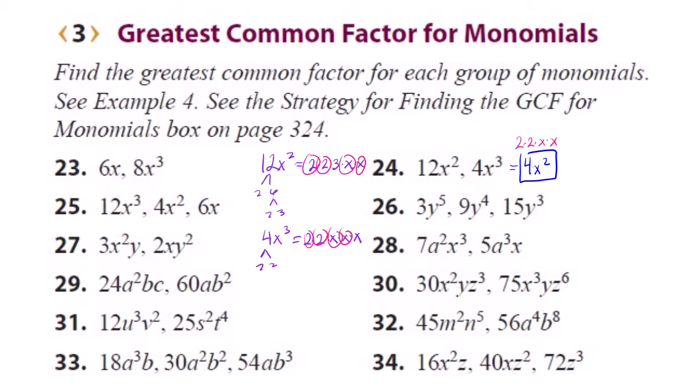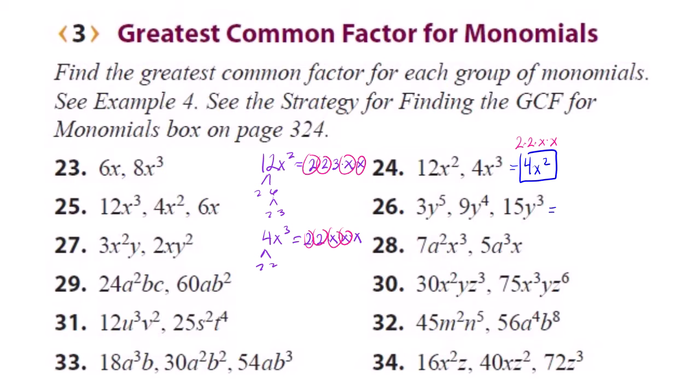that basically what happens is when you deal with variables, they're actually pretty simple. If you have the same variable in common with all the terms that you're finding the greatest common factor for, you take the one with the smallest exponent, right? Because there can't be more than 2 x's that go into x squared, right? So that's the most you can have in common, the greatest common factor, right? Okay, so let's take a look at